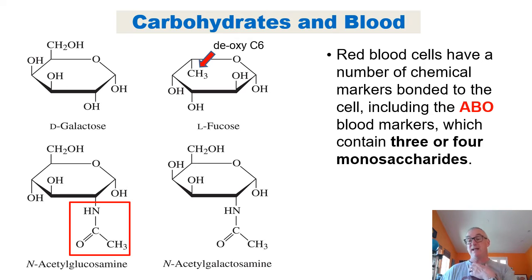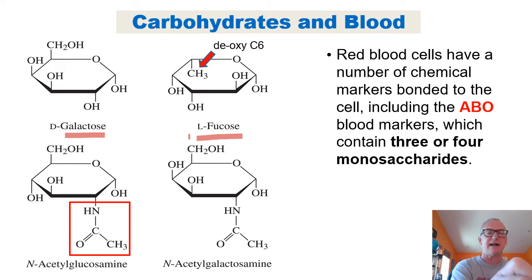Now, one of the really interesting things about carbohydrates is that they're responsible for our different blood types. So red blood cells have chemical markers on the exterior, and one of them has these oligosaccharides on them. So remember, oligosaccharides are between 3 and 9 monosaccharides put together. And the four different sugars that are involved are galactose, a new one we call fucose, and